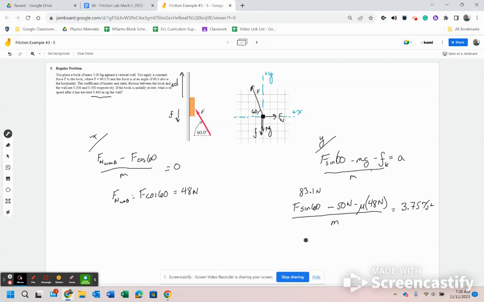Now to figure out the speed at which it's moving, we're going to have to use our motion equations. V squared is equal to V initial squared plus 2a times delta x, which is 0.4 meters in this case. After substituting everything in and taking the square root, we're going to get the square root of 2 times 3.75 times